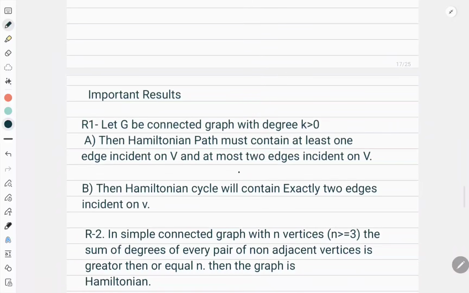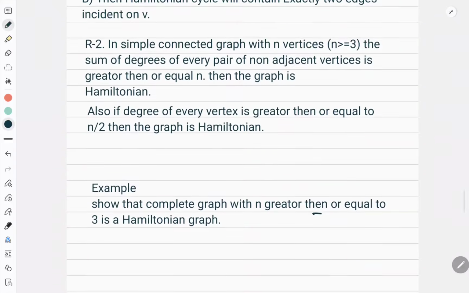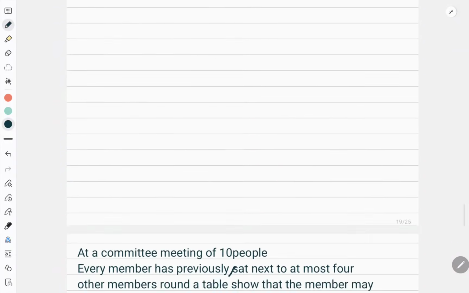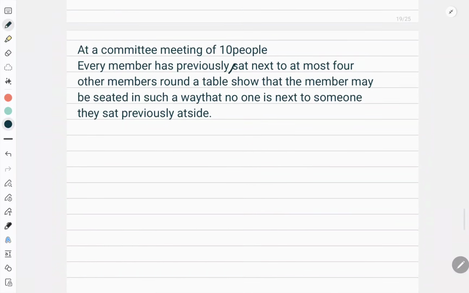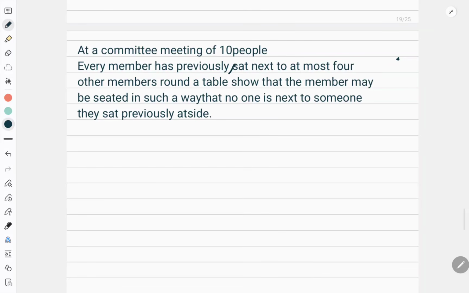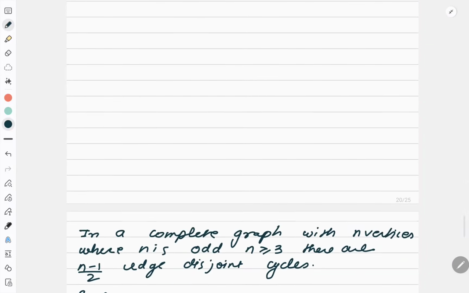Okay, now there are a few important results which you need to remember. We don't need the proofs of these results. They are out of our scope. They are also known as Ore's theorem. And there are a few questions which you can do based on these results. I'll come back to these results, but before that I want to discuss something else which is nicer, which you will like, and this important question we will also discuss based on those results.